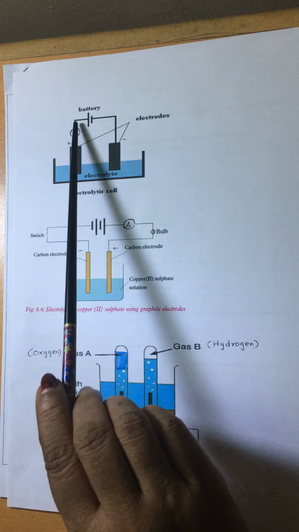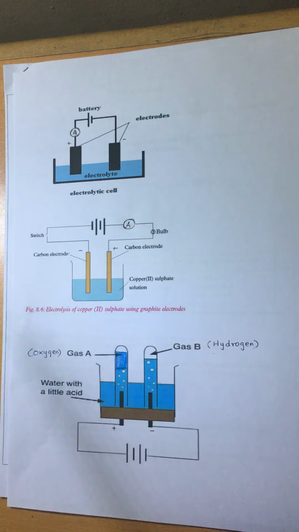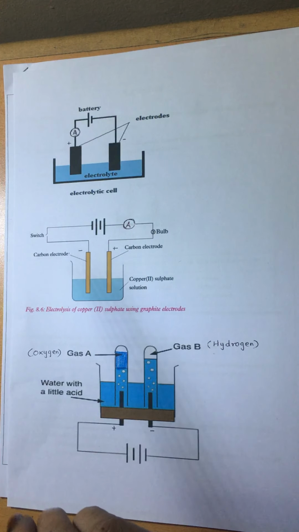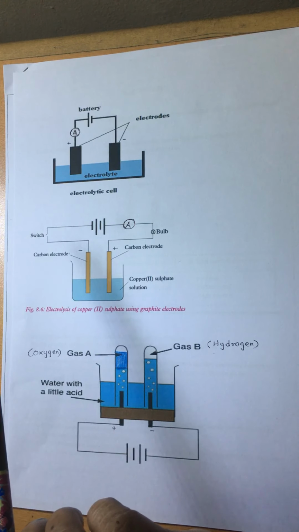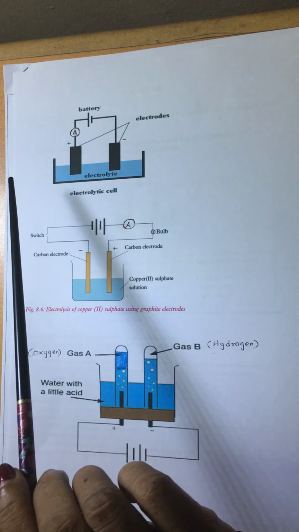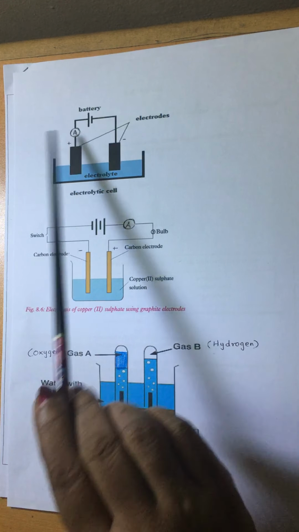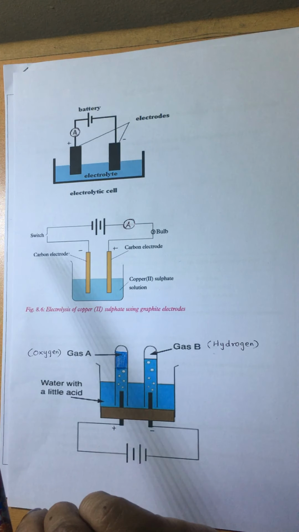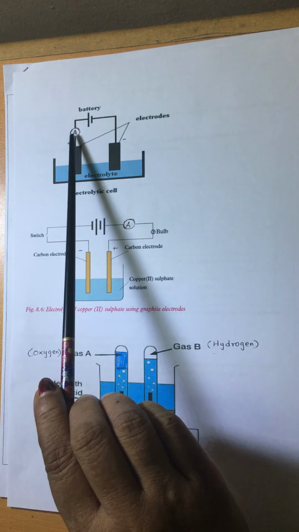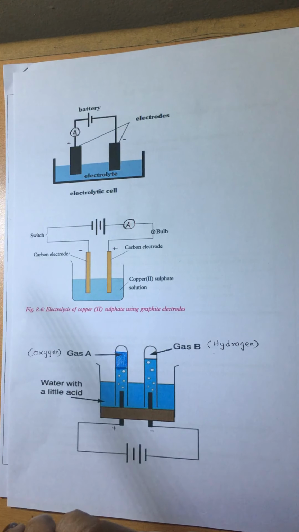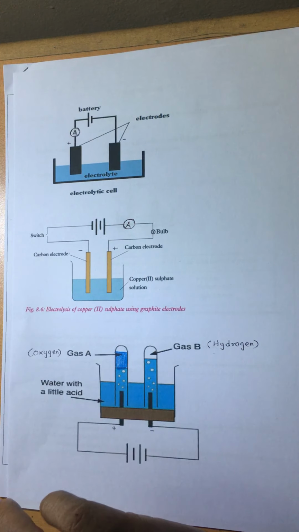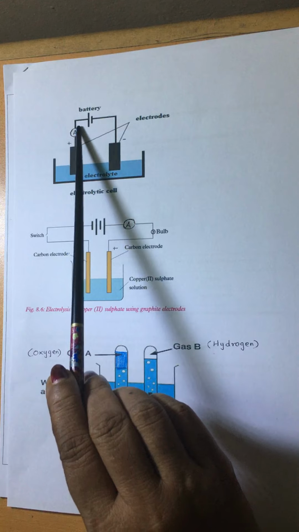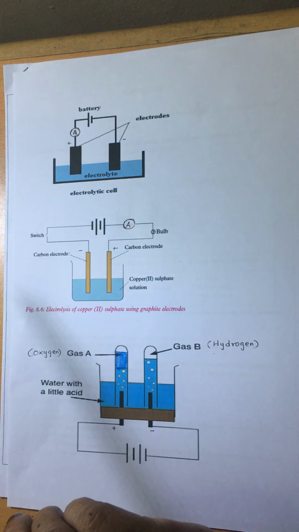After that we connect those two electrodes with a battery. Battery means there are many cells included. For electrolysis we have to use about 2 or 3 electric cells. Altogether we say battery. Here the ammeter is fixed in the circuit to identify whether the current is flowing. When the current flows, what happens? The ammeter shows deflection. That means the ammeter shows a reading. The needle turns.